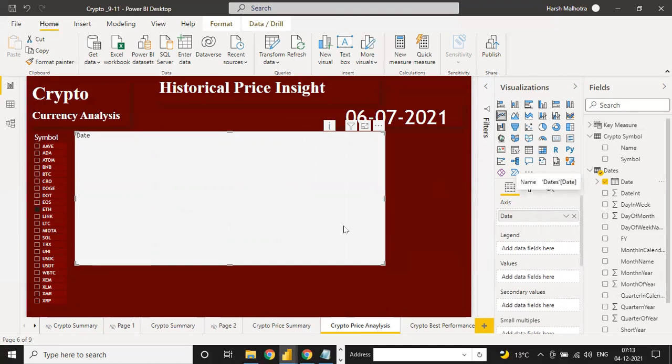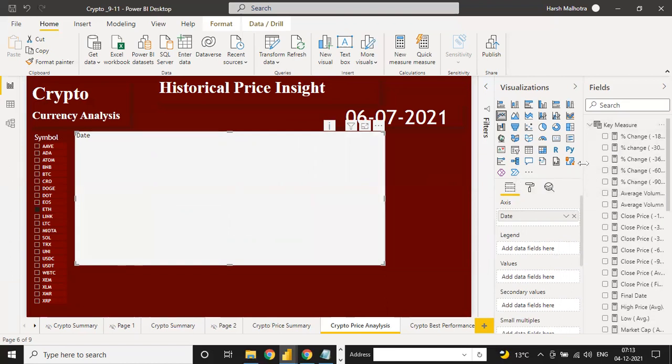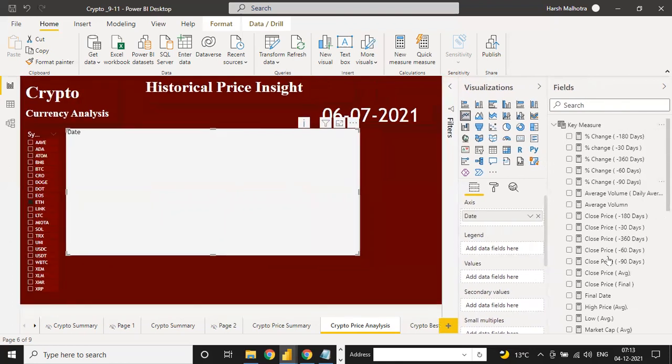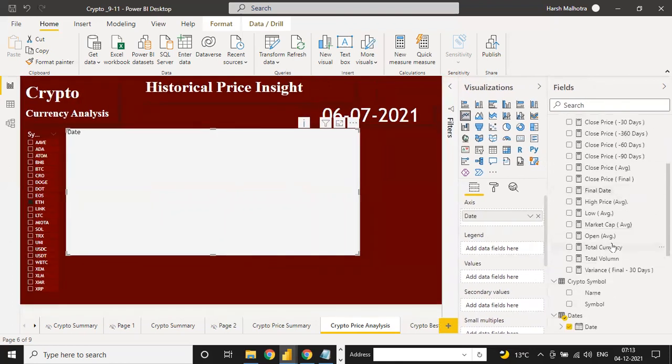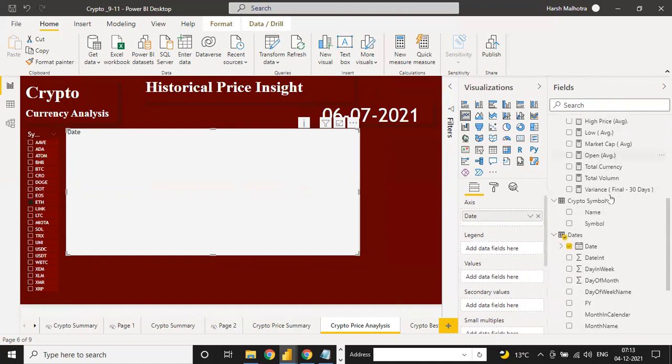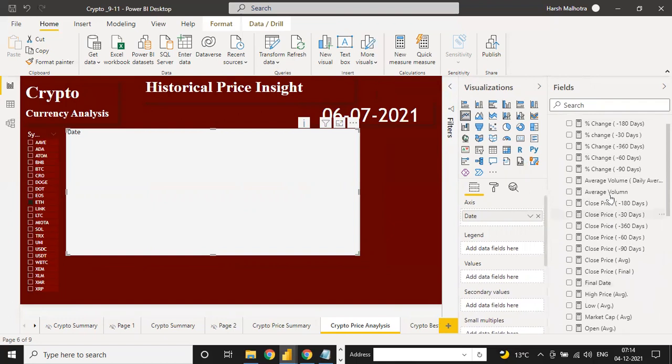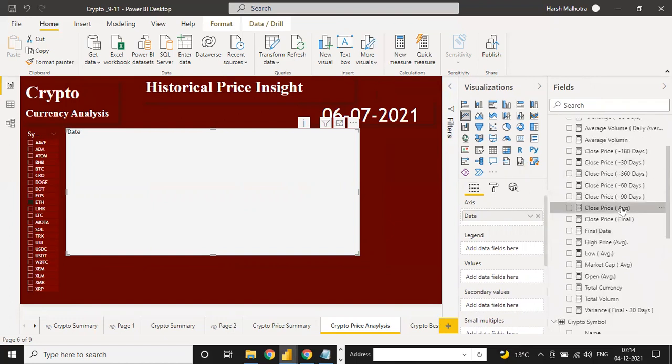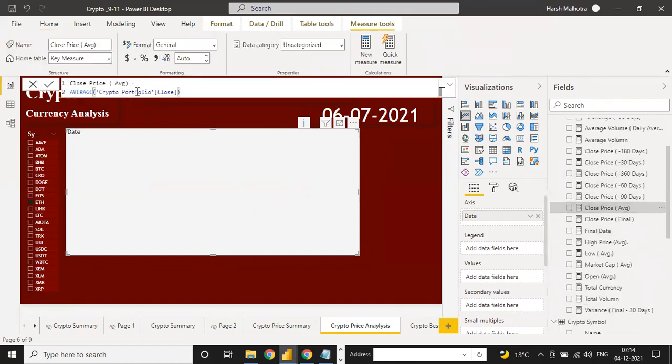And in the value field, we need the key measures one by one. We have to put them together. First we need our close price. Click on here, close price average.